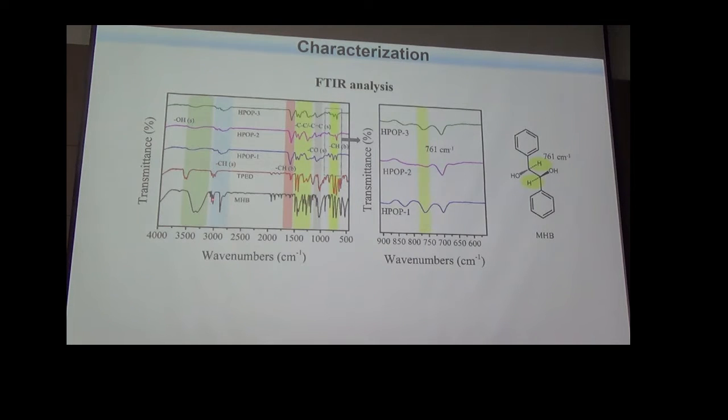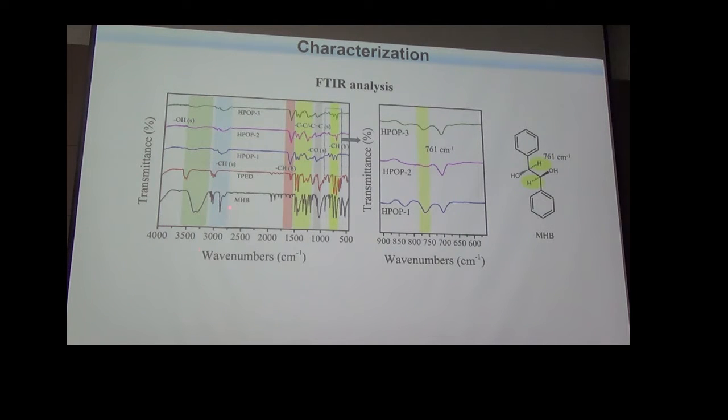So initially, we have used the FTIR analysis. The characteristic peaks for the C single bond C and the C double bond C stretching frequency were observed both in the precursor as well as in the polymer material. Meantime, the characteristic peaks for the CH stretching frequency and the OH stretching frequency at nearly 3000 and 3500 were observed both in the polymer as well as in the monomer material, which confirms the polymer is successfully